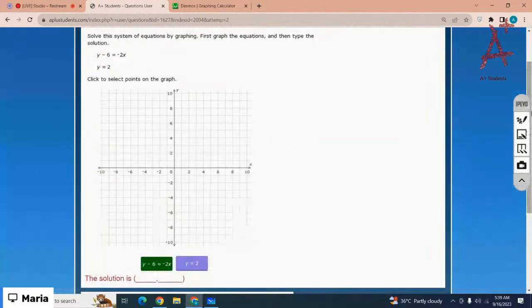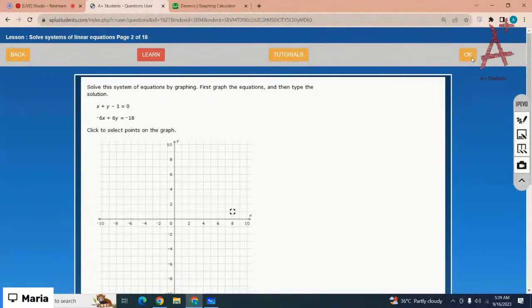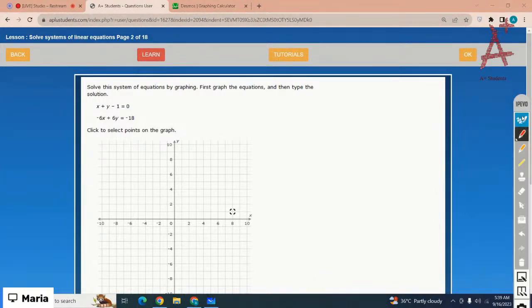Let's see. Yes, (2, 2) is the correct one, right? You can use proper graph paper to plot these equations. Okay, I'm going to solve this one using the substitution method, not the graphing method, because making a graph on the board